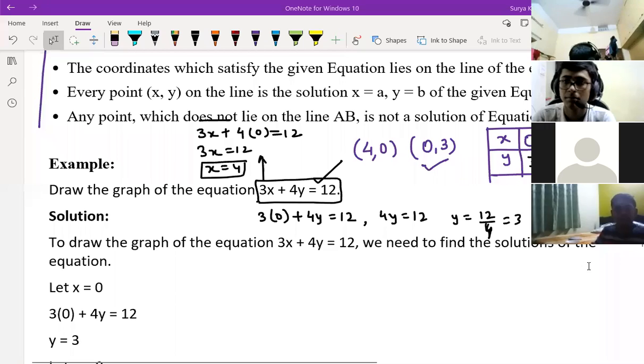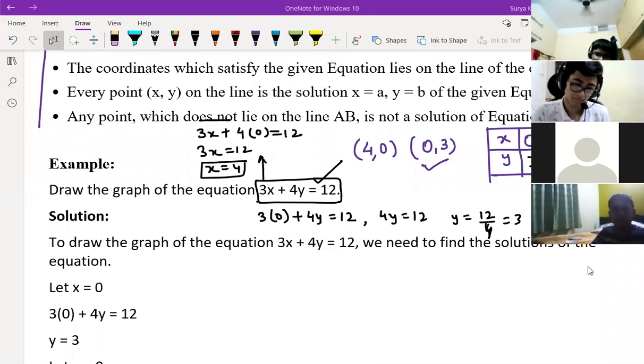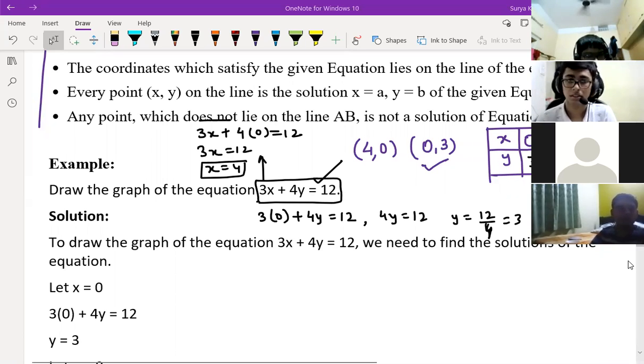So if two graphs are also given, you can draw them in the graph paper, right? But see, here we are getting infinitely many solutions, right? But the same pair of equations will be there, no? For a pair of equations, it may depend. It may be infinitely many solutions, it may be only one solution, it may be no solution also. How do you know?